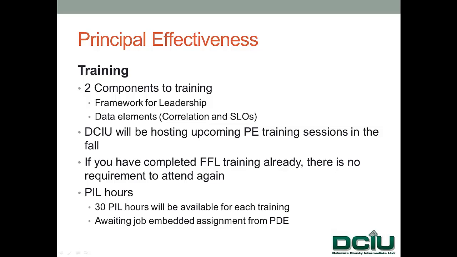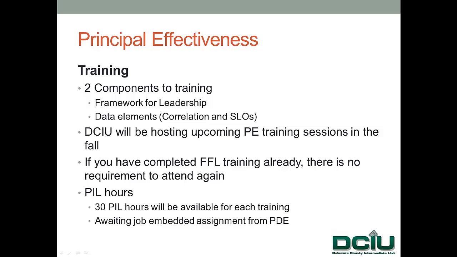And secondly, would be a distinct training just about the data elements, and that would be the correlation data and student learning objective, principal SLOs that is, those two data elements pertaining to principals. Those sessions will begin in the fall. We will have multiple sessions. If you have already participated in principal effectiveness, you do not need to attend that framework for leadership training again.